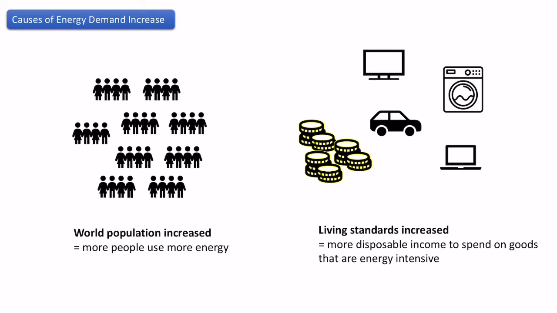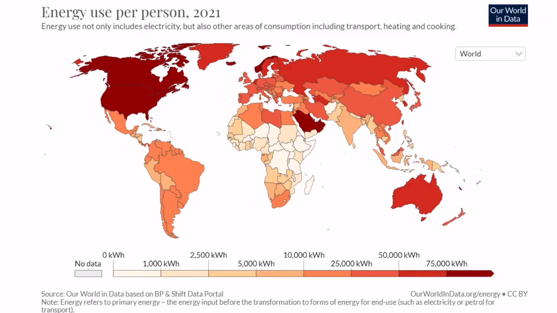Here in the example, someone's bought a car, washing machine, some electronic devices. These are all things that use lots more energy. So we see an increase in global energy demand, but obviously this isn't